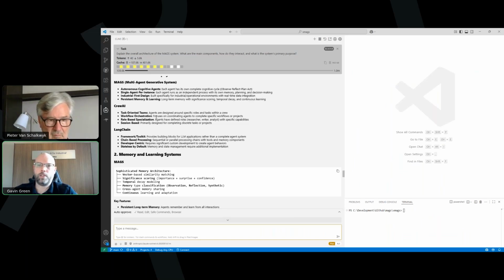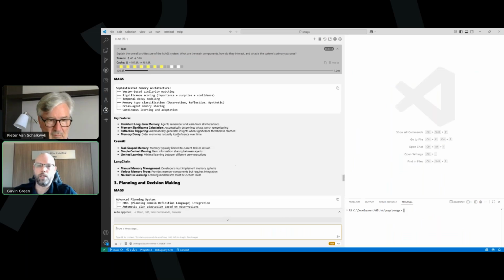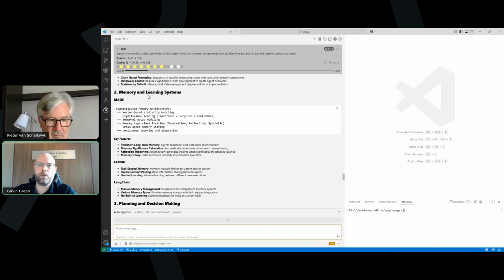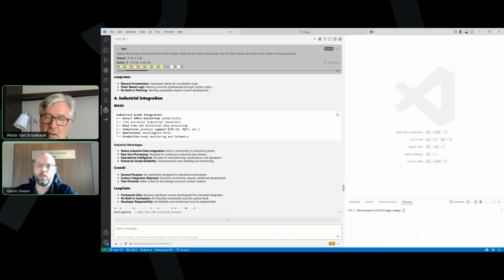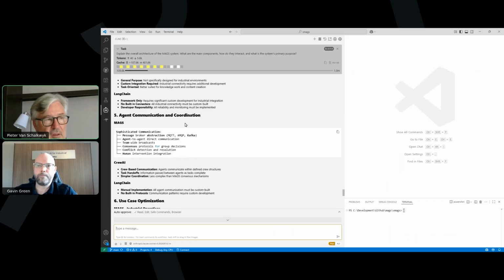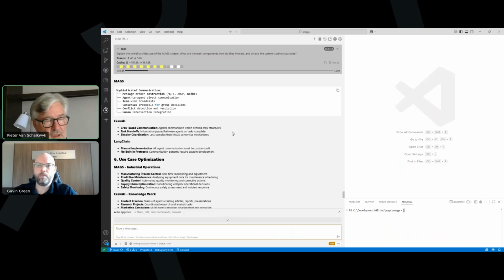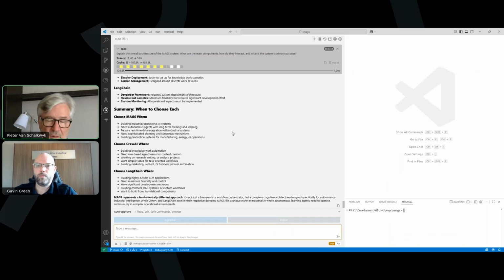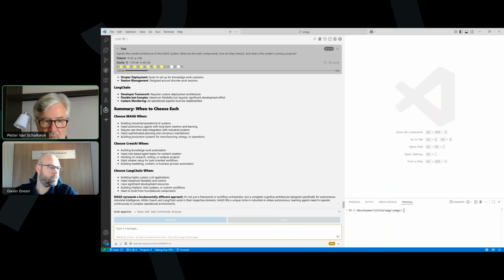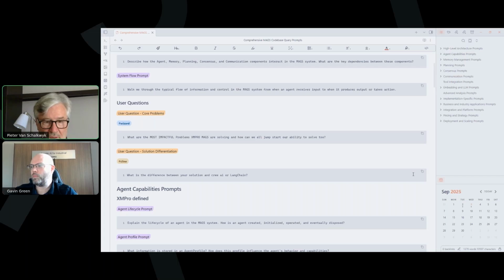Interestingly, Crew is task-oriented and workflow-focused, and then LangChain brings a framework and a toolkit for it. So, memory and learning systems, current task and sessions. Yeah, so we've created a very significant graph at the back that is basically a shared knowledge space and a shared decision space. So every single action that the agents do gets logged in a graph at the back, because we need full transparency, full auditability, and